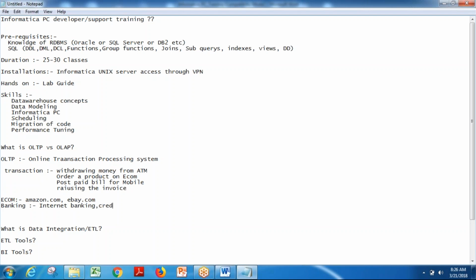Or basically your credit card application, which is used for managing your credit cards in a bank and your credit card payments, wherever it is getting recorded and all those things. That is said to be a transactional application. So anything related to the bank, or whenever you go to the bank and deposit your check, and all your checks and everything is being captured, that is said to be a transactional application. Or